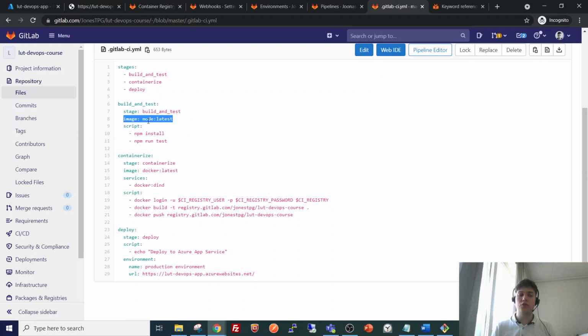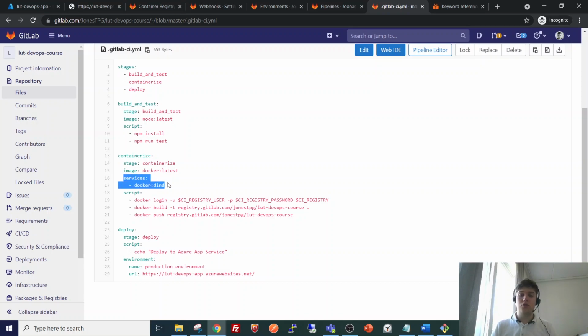So here we have this node image, and because we have it, npm, which is the node package manager command, is available in the script section. That is why we use node as the base image here, and in this containerized stage we have the Docker image, since we want to use the Docker commands in the script section.